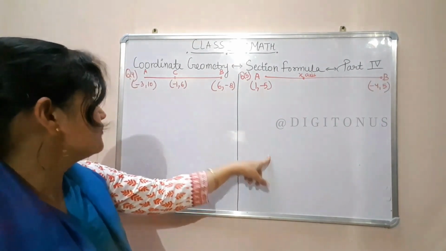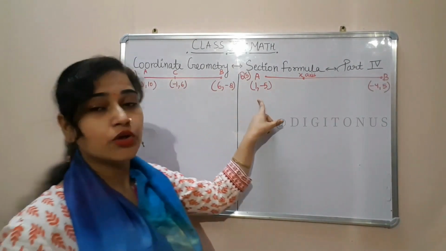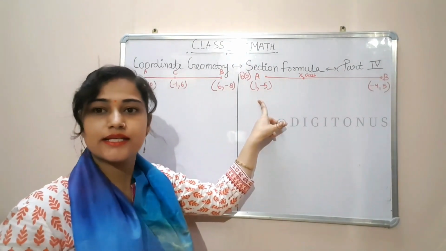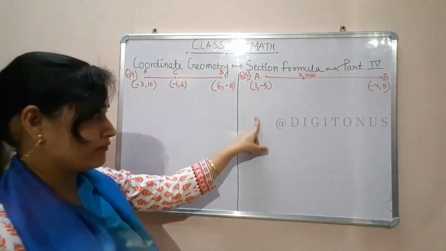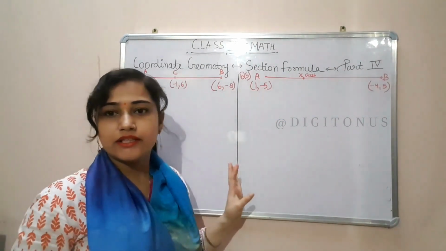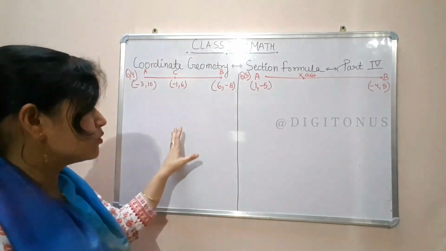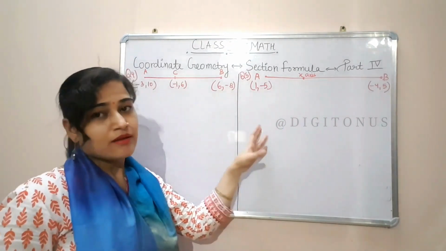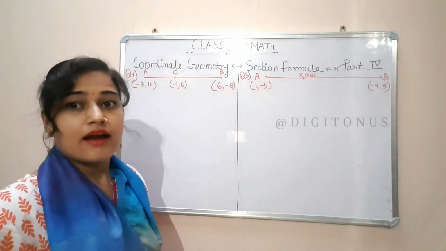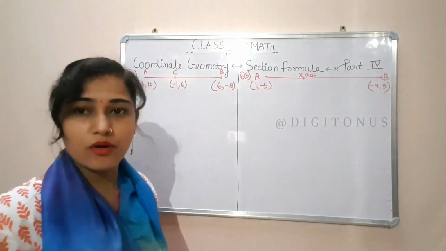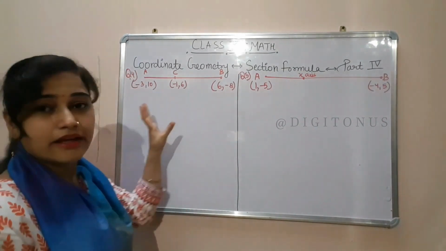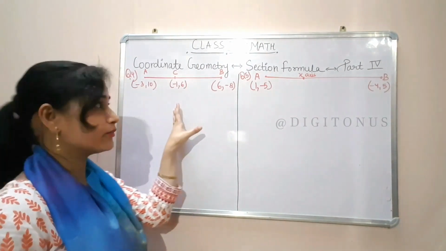So let's start. I have written here two questions of NCERT exercise 7.2, 4 and 5. Why I have written these both questions together? Because both the questions are same but a little difference is there and that difference is important. So you listen carefully, take out your book and read the question.